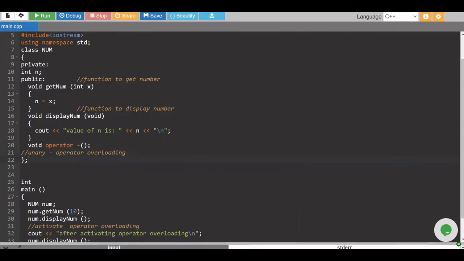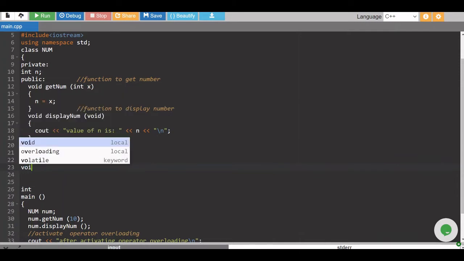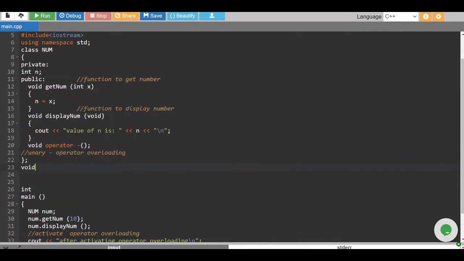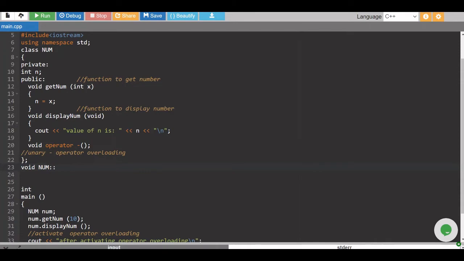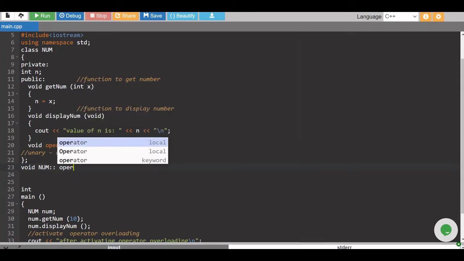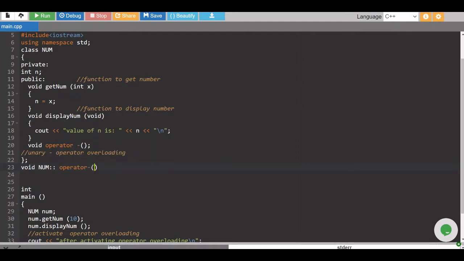After the class I will be defining my operator, that is void, class name Num, scope resolution operator and the operator, and here I will tell it n equals minus n.